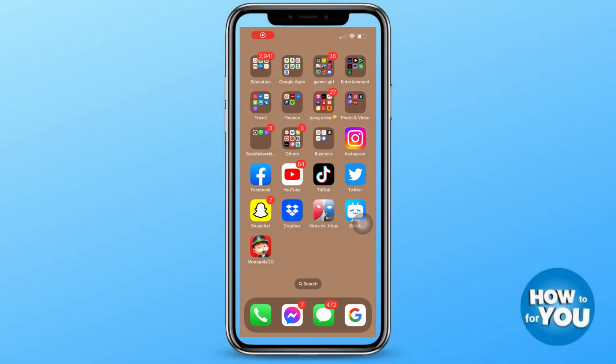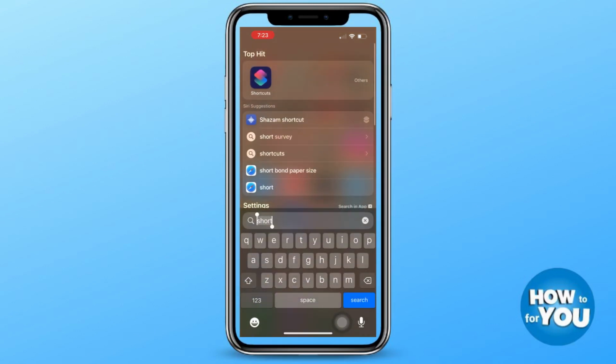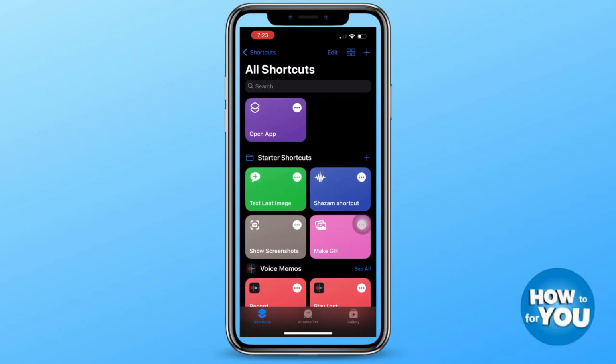Everyone, for today's video, I will be teaching you how you can change app icons on your phone. First step, open Shortcuts on your phone, but if you don't have this yet, you can go to the App Store and simply download Shortcuts. However, before we proceed into creating a shortcut to change the app icon, you first have